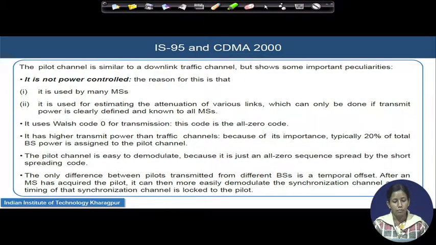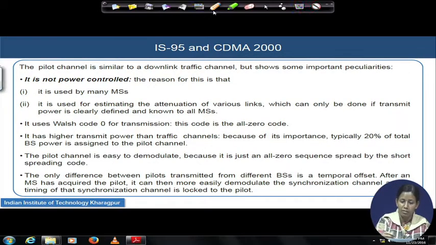The pilot channel uses the Walsh code of 0 for the transmission. This Walsh code 0 means an all 0 sequence, and it is transmitted with a very high transmit power. I said high, but how high? Here is a measure. Typically the power may be 20% of the total base station power assigned to the pilot channel, and the pilot channel is such that it can be easily demodulated, because you are spreading this all 0 code with short length spreading codes,